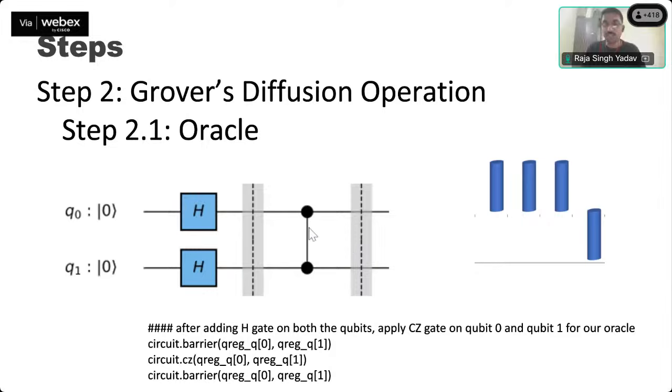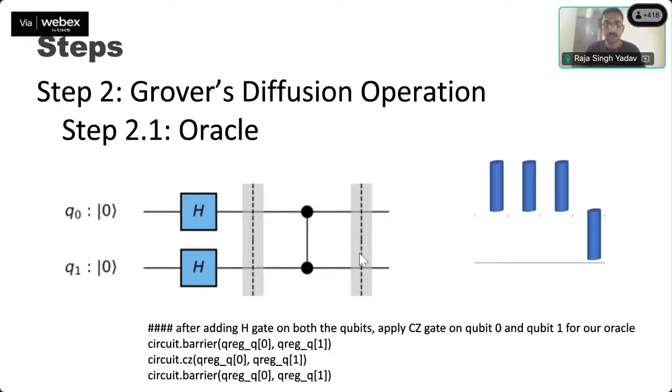I'll be applying a control Z gate. This is called a barrier gate. This barrier is not that important, but it actually helps us to understand that this part, from this to this, is where I am trying to implement an oracle part. That's how it helps us to visualize much better. Even if you don't use it, it's up to you, but sometimes the circuit gets very cluttered when it gets humongous, quite big. So to differentiate this oracle, second oracle, third oracle, that time